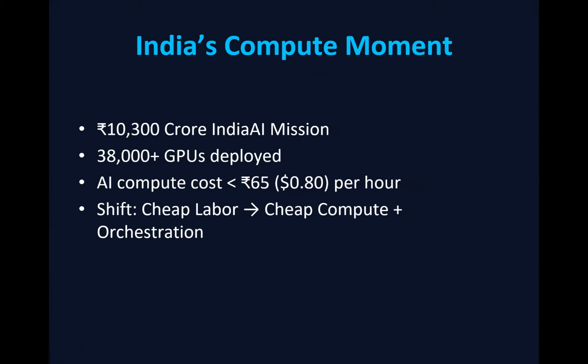Slideshow, slide 4. India's compute moment. India's compute moment. Bullet rupee 10,300 crore India AI mission. Bullet 38,000 plus GPS deployed. Bullet AI compute cost less rupee 65. 80 cents per hour. Bullet shift. Cheap labor right arrow. Cheap compute plus orchestration. I think